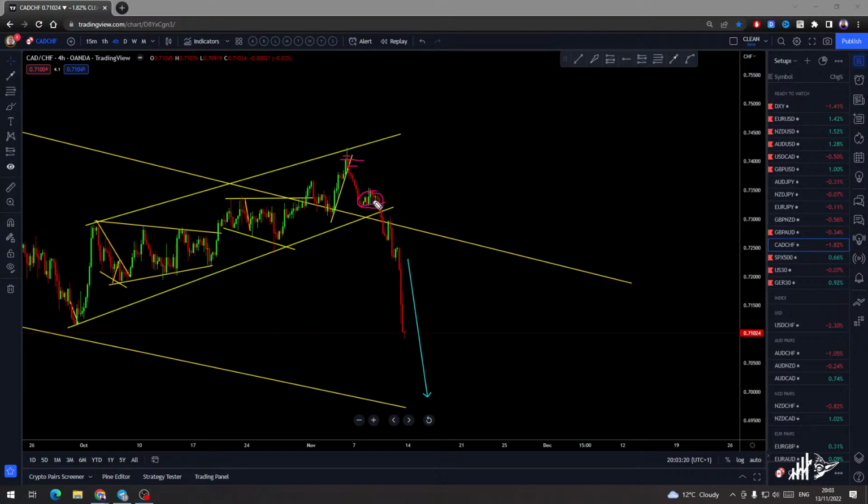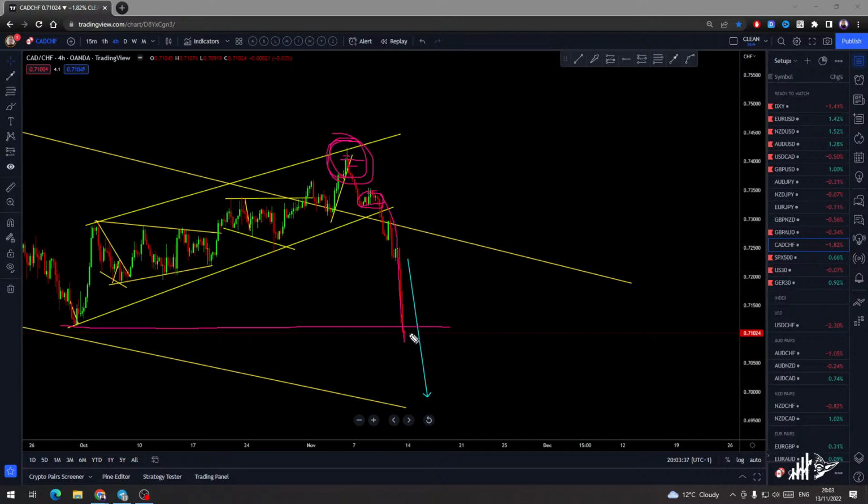Okay, this is the lower degree correction, and yeah, we are having a nice trade. We will be holding it. We already broke the previous low. This is a very good sign. But can I still hold the sell? Yes, I will hold all those sells which have been taken from the top.